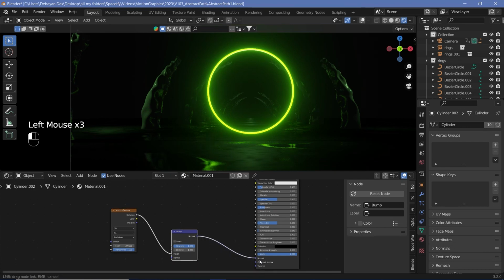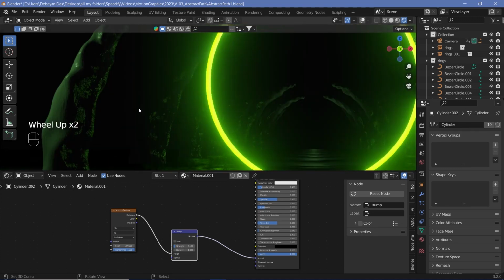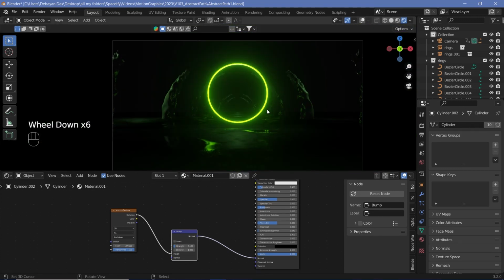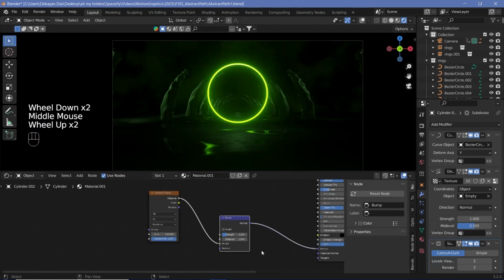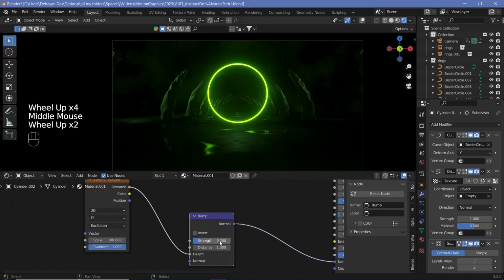the principled BSDF. Now the strength is way too much, so we're just going to change the strength to 0.1, and that gives it a much rougher look and just looks a bit better in my opinion. Alright, so my mic had gone off in the middle, so I just have to restart from that position onwards. So we settled on a strength on the bump at 0.2 to get it to look more like what we